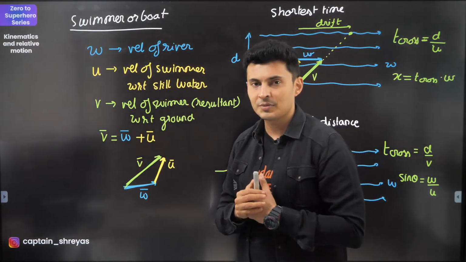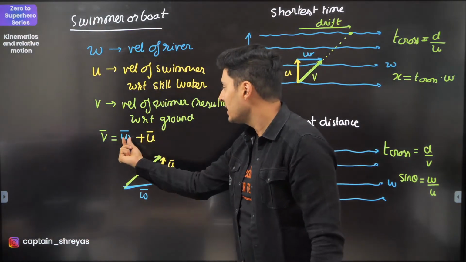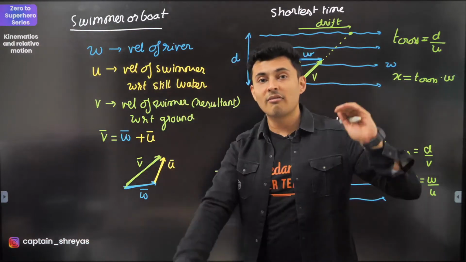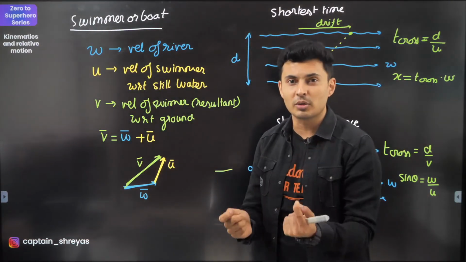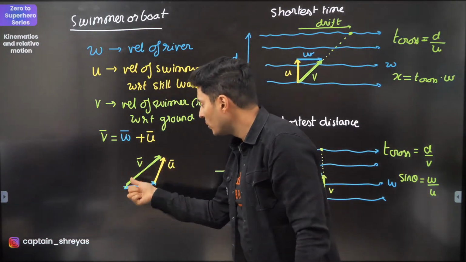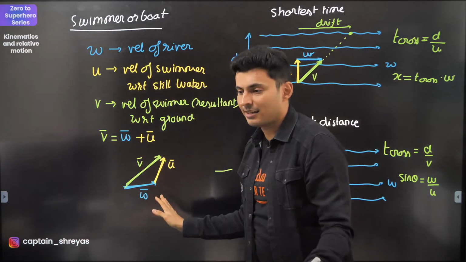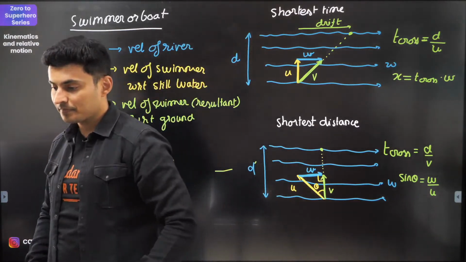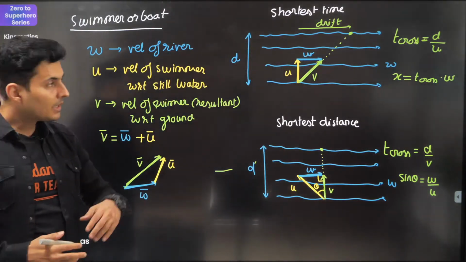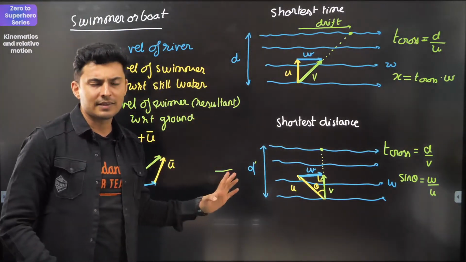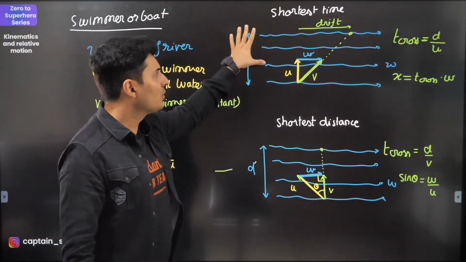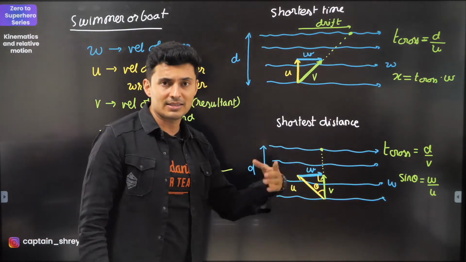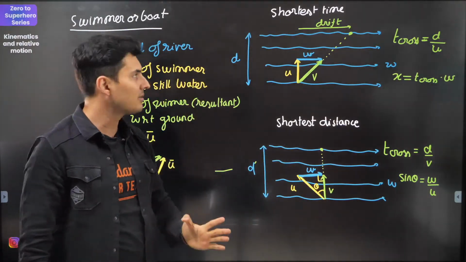Is that making sense? Okay, and if you look at it vectorially, if I know the water velocity, and I know how the swimmer is trying to swim, or how he is making his strokes, then this gives you your final velocity using vector addition. A vector plus B vector is C vector, as simple as that. Okay, now there are two major cases in this. First case is when you want to cross the river in the shortest time. Second is when you want to reach the opposite side in the shortest distance.